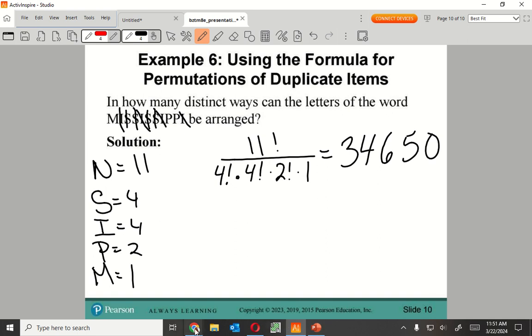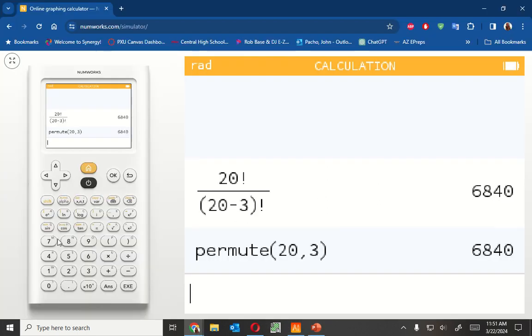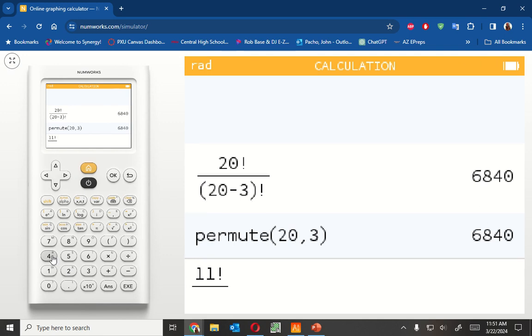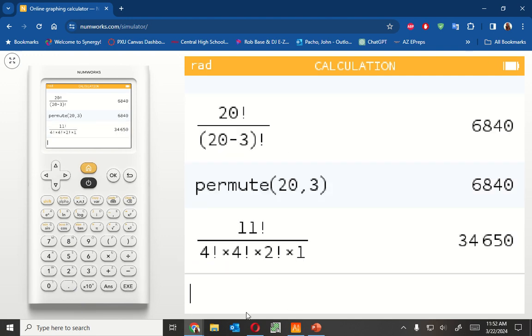So, to show in the calculator, I start with my 11 factorial divided by 4 factorial times 4 factorial times 2 factorial times 1. There we go. How does 1 get a factorial? What's 1 times 1? It could get a factorial, but it doesn't change it. So it's just 1. And I put it there as a placeholder for all the other letters